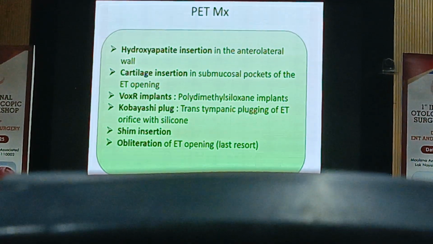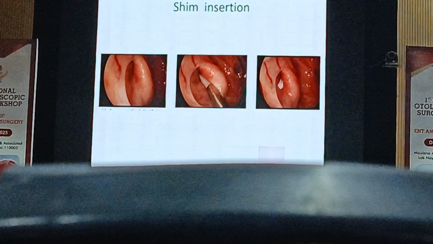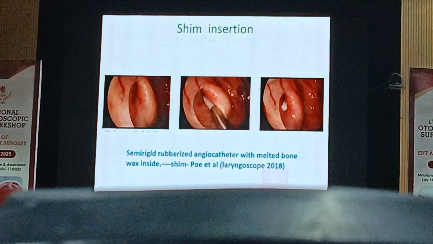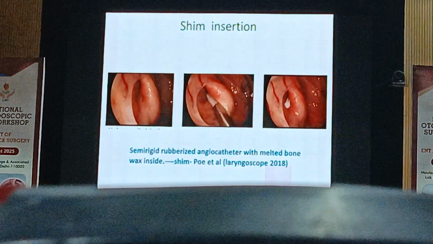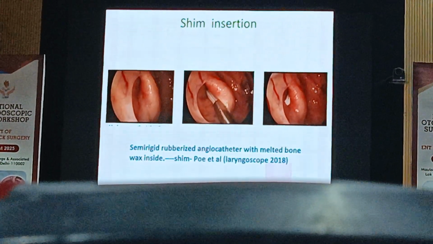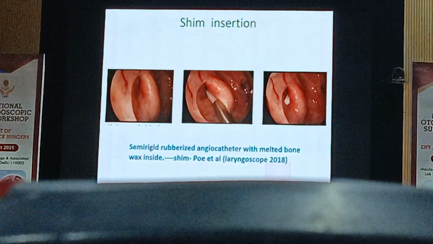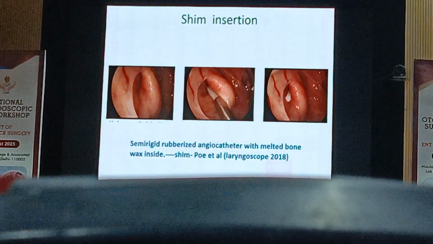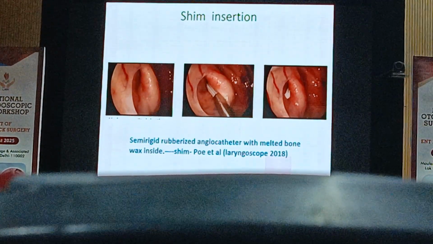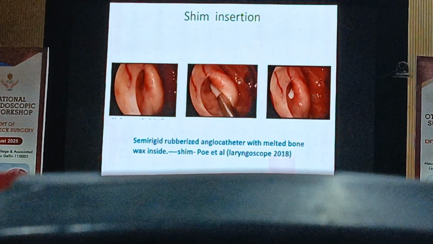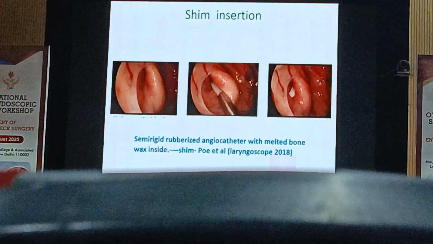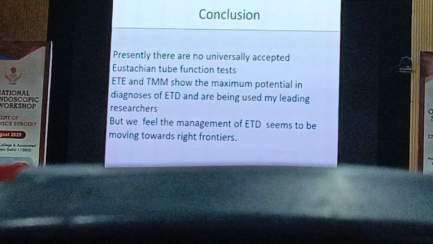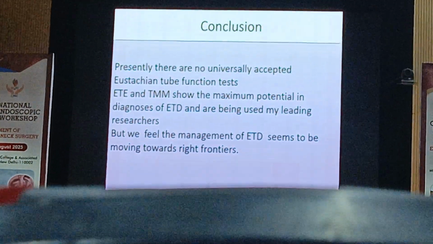There's a thing called a shim. I will show you what a shim is. So this is a thing which has a semi-solid rubberized endocatheter with molten wax, and they put it inside the eustachian tube and check it from the ear end, that it has come from the ear end just inside the protympanum. So this will basically obliterate most of the eustachian tube and make it largely competent. So this has been found to be quite effective. So universally, presently there are no universally